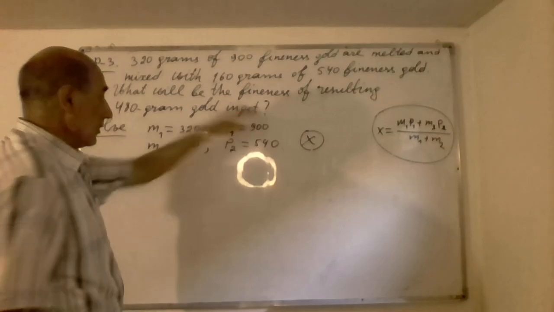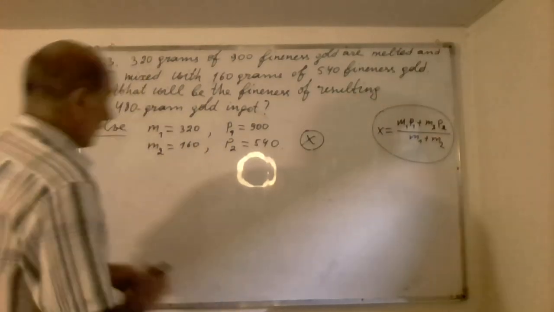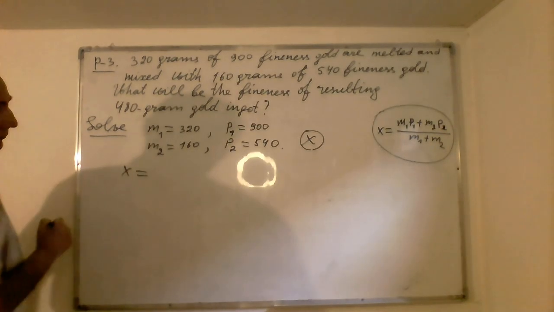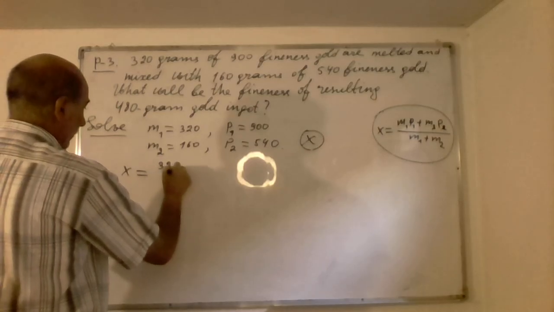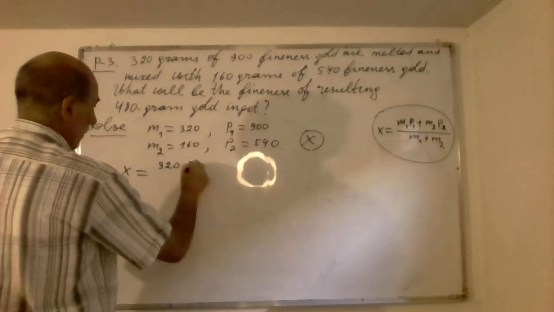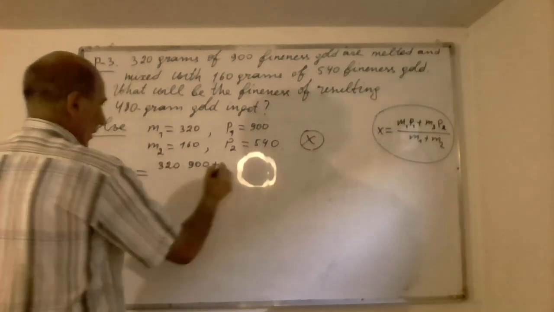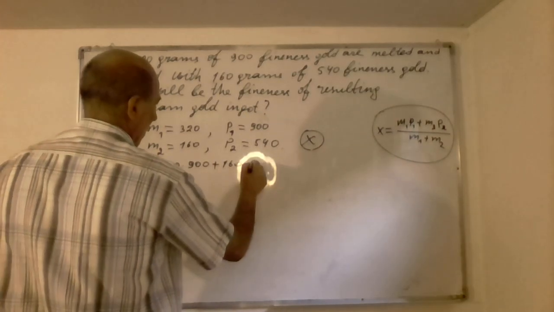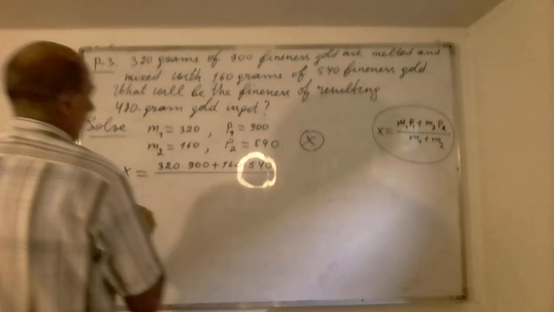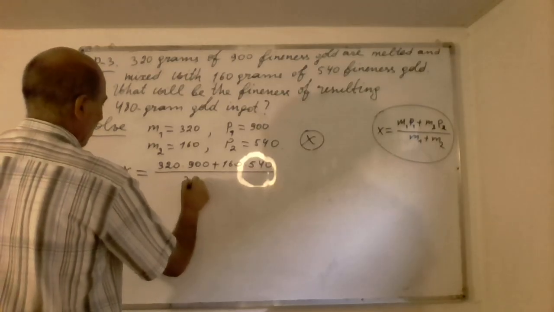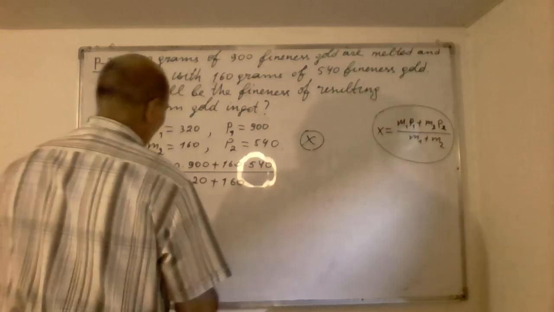And with these conditions of the problem, we can write x equals (320 times 900 plus 160 times 440) divided by (320 plus 160) equals